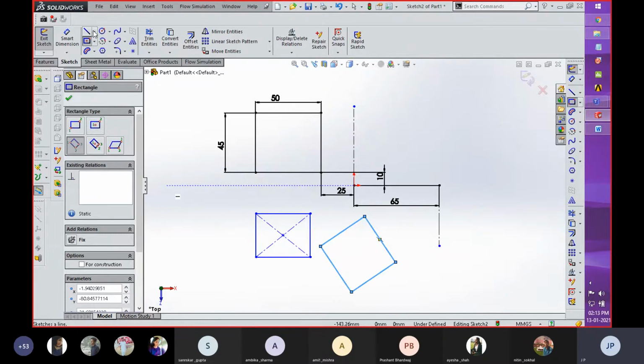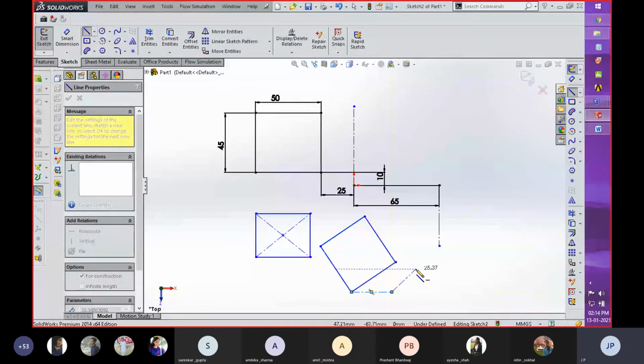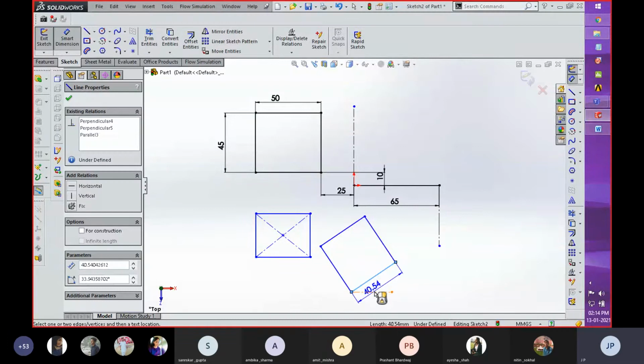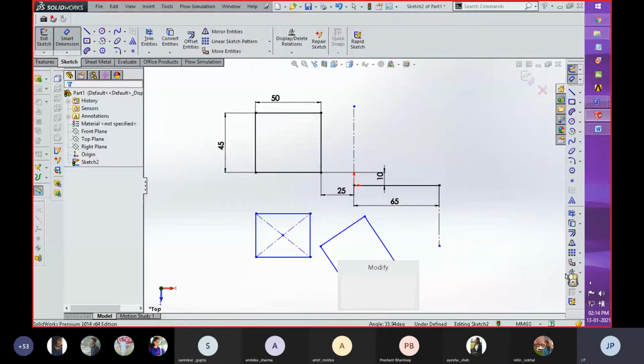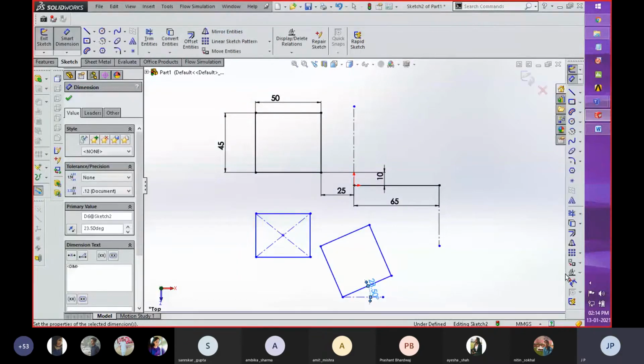If you want to create this line at certain angles, for that purpose you can create a reference line first, and then with the help of the dimension toolbar, you can directly click on both lines and fill in the value, and you can create a rectangle at any angle as per your required value. You can see that after filling in the value of 23.5 degree angle, the rectangle is inclined at that value. So these are 3 methods with which you can create this rectangle.